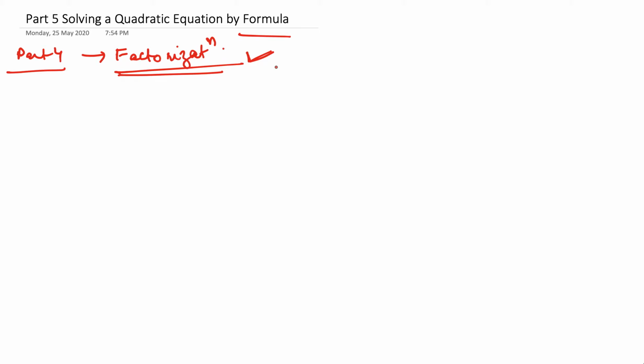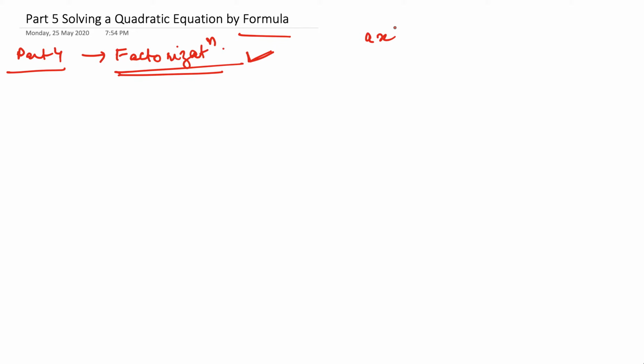The derivation is not in the syllabus of class 10th, so I'm not going to derive the formula. But in some of the other future fun videos, just for fun, I will show you how to derive it, and I'll also show you a step-by-step explanation of how we get to the quadratic formula. Till then you can take this as a black box and directly start using it. Now let's start studying the formula.